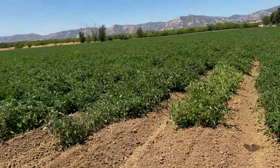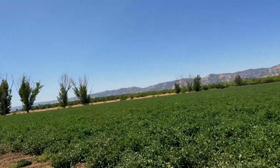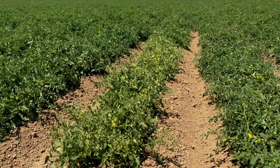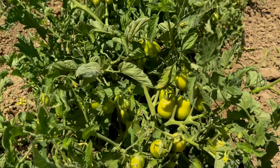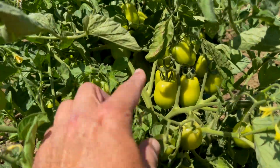These are giant fields of tomatoes growing around us, and the tomatoes are halfway there. They develop fast and they have these gorgeous clusters. Right now they're like this chartreuse green, and look at how pretty that is. So anyway,